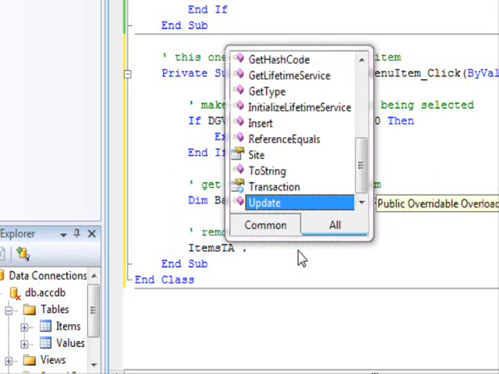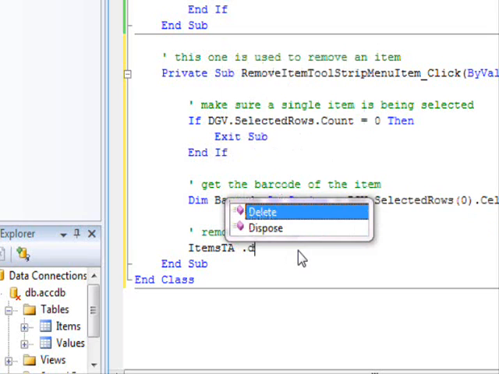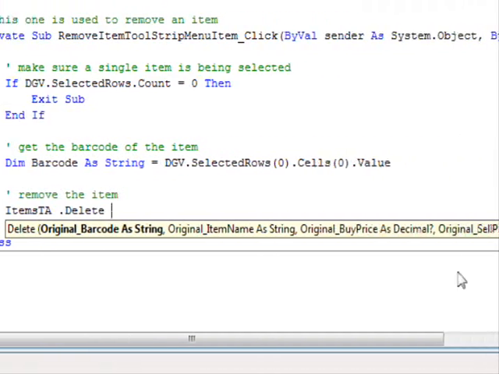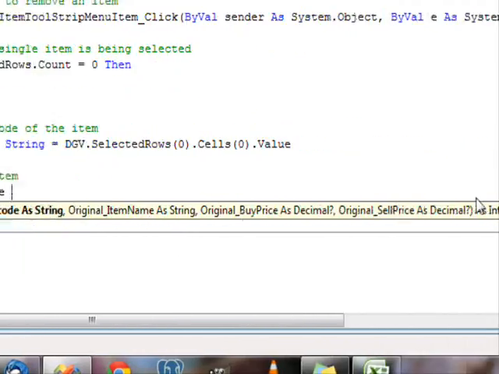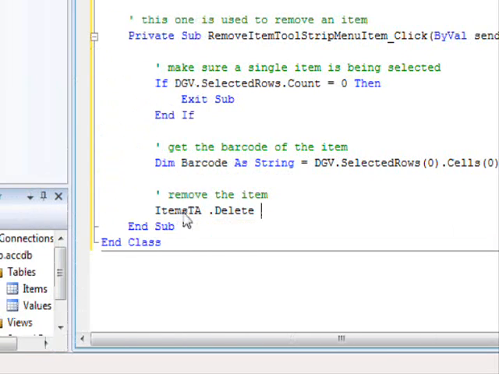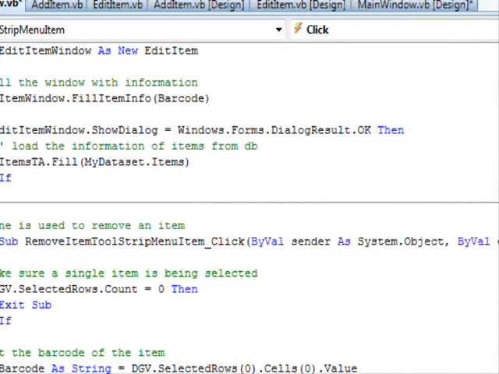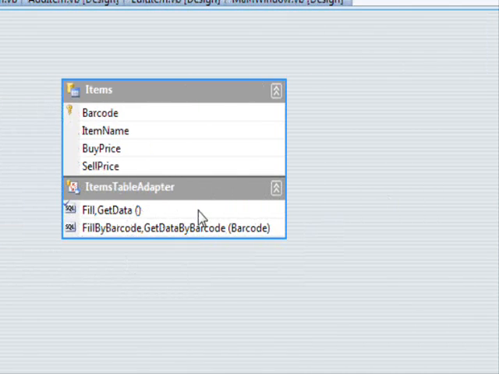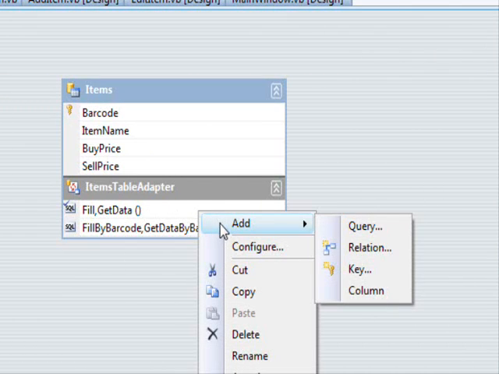So this is going to be items TA dot delete, and okay, so you can see in the delete command you need to provide all these parameters. I'm gonna change that and create my own that will receive a single barcode and delete the item by the barcode itself. So let's go here to the data set,